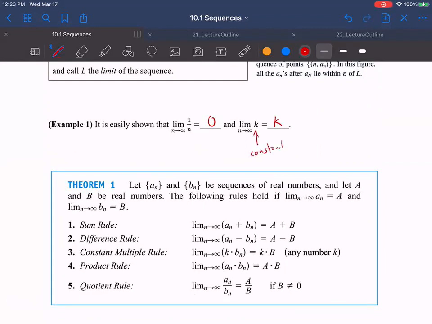Constant. Okay, so for a constant k, the limit as n goes to infinity of 7 is 7. And then we have our theorem here